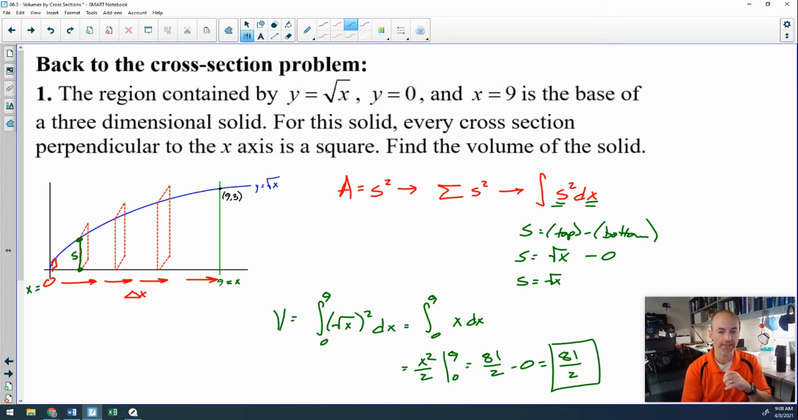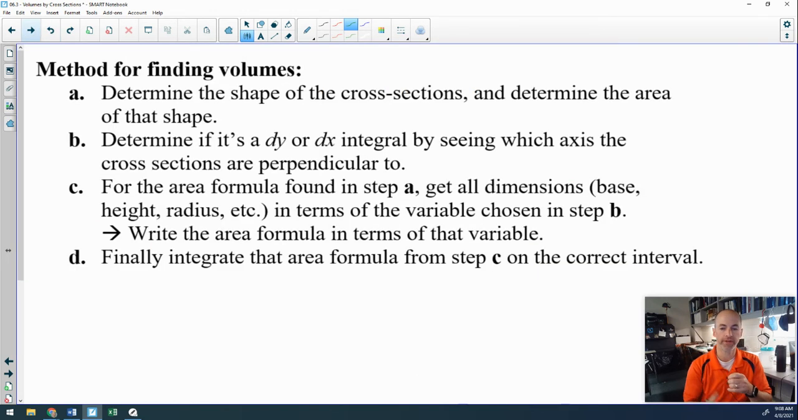Every cross-section is a square, but we are going to get to a section where the cross-section shape is not explicitly given to you, and you have to figure that out. So we're going to determine the shape of the cross-section and the area of that cross-section. If it's a square, like it just was, we need to make note that the area of a square is side length squared. Determine if it's a dx or a dy problem,